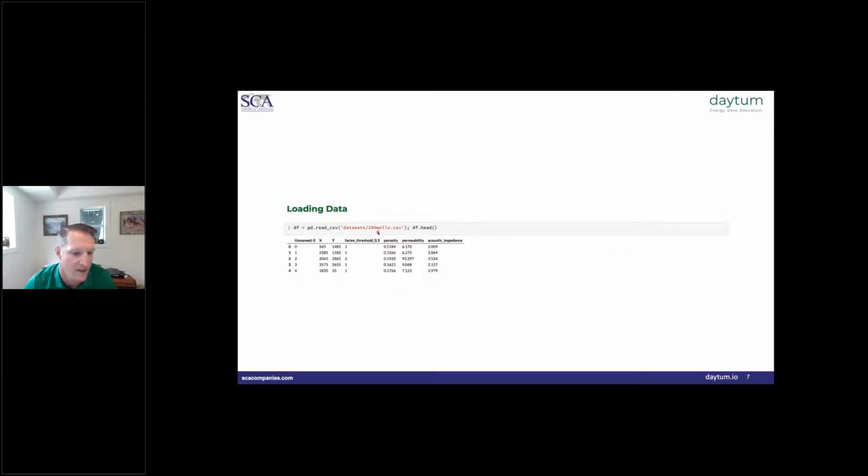So in this case, I read in a data set. I have a data set called 200 wells stored in a CSV file. I read it in, and the default data structure in Pandas is something called a data frame. We often assign that to a variable df in this case. In a data frame, you'll have columns and column labels as they're visualized here. In this case, I'm only printing off the first 5 rows of the data frame, so the df.head command by default prints off 5 rows of the data frame. Python is 0 indexed, so you see row 0, 1, 2, 3, 4, those first 5 rows.